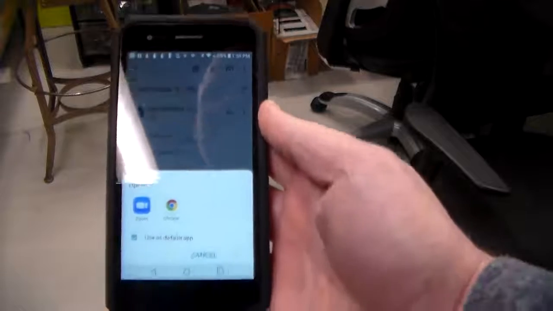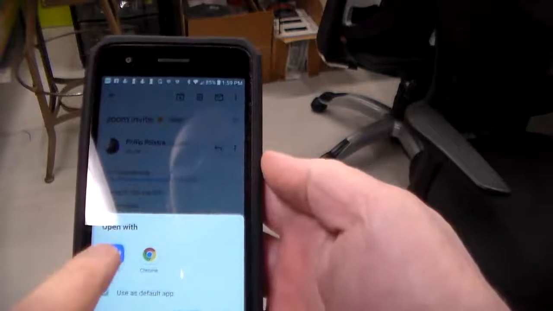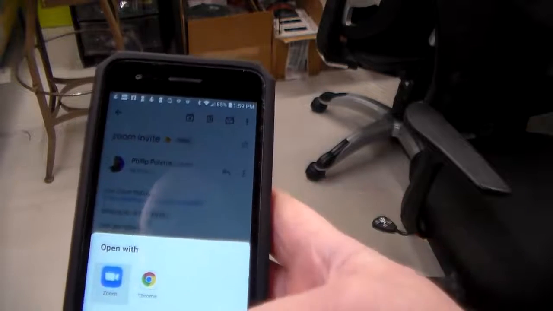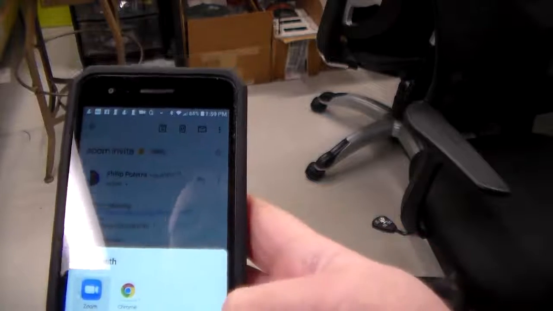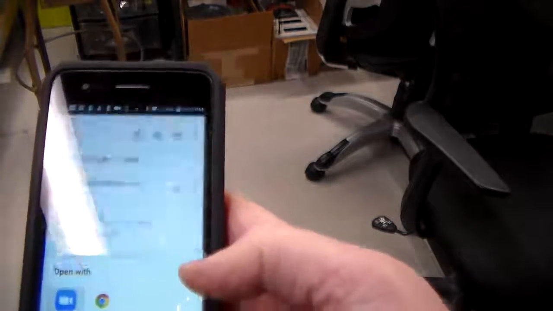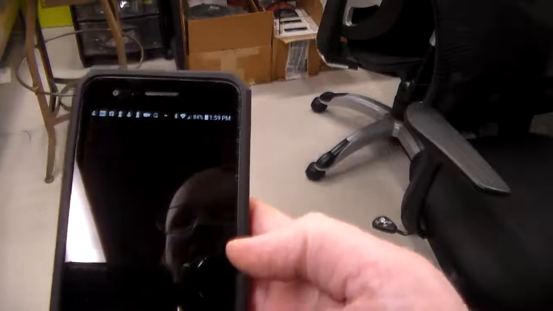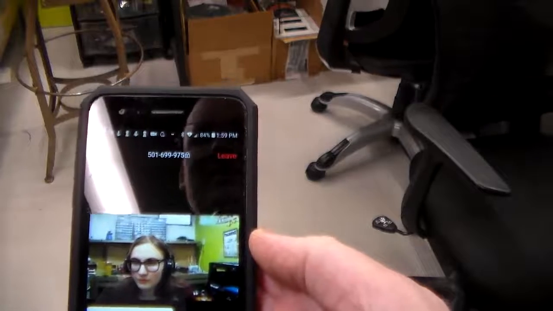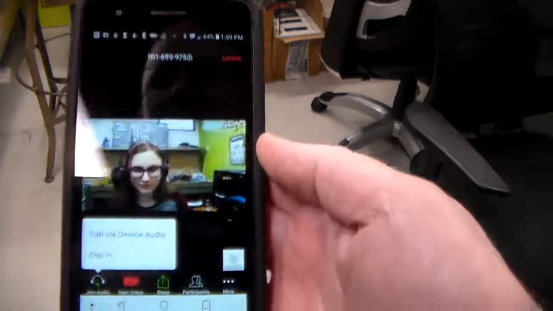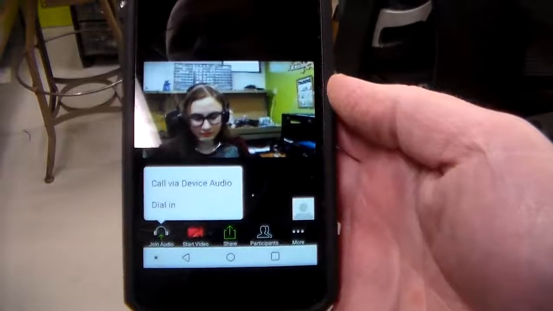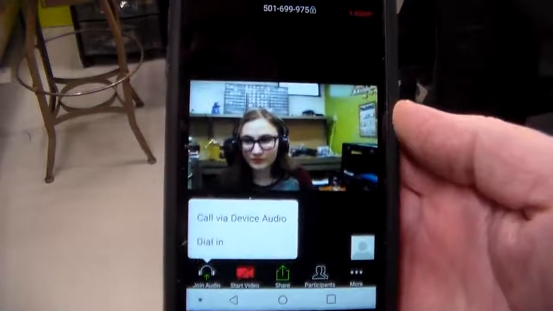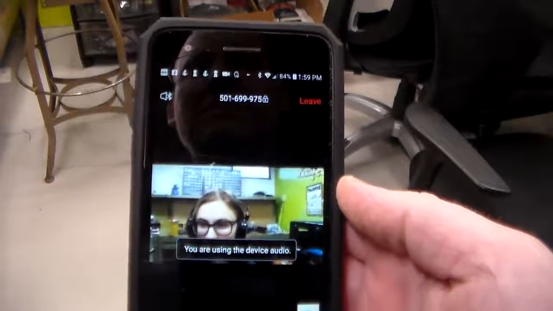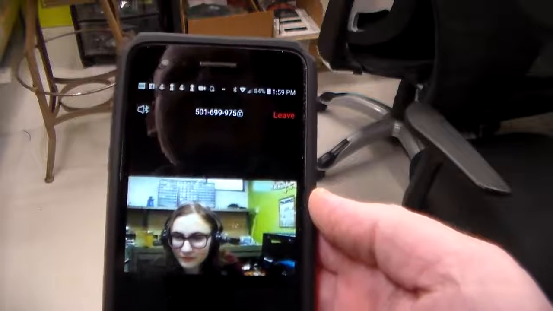Okay, so now I have my phone and I went ahead and clicked on my invite link. And since I have installed Zoom, I can click on Open with Zoom, say OK. And now it's going to prepare my meeting. And once again, I can either dial in to get the audio, it's shown down here in the corner, or I can call with device audio. So I'm using my device audio,